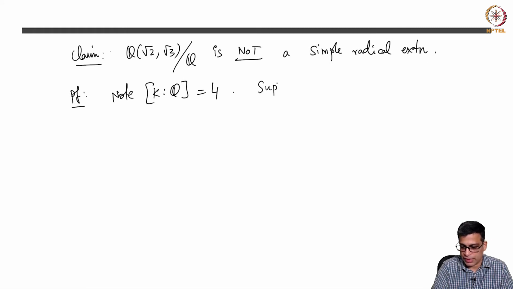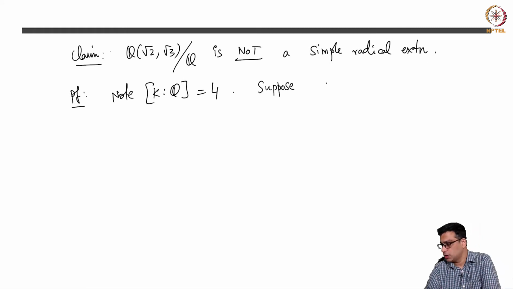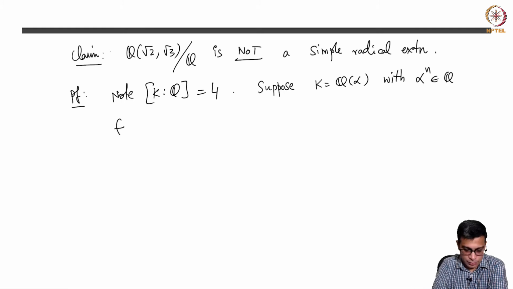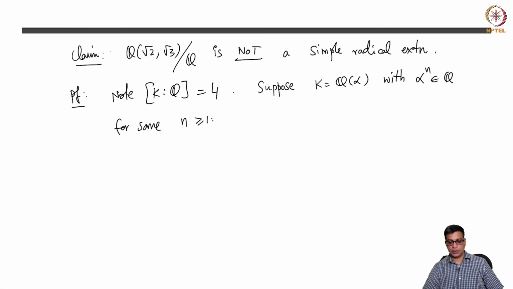So suppose it is a simple radical extension. Suppose K is Q(alpha) with alpha^n in Q for some positive integer n. Okay, so I am assuming the contrary. Suppose it is a simple radical extension, that means K is generated by Q(alpha) with a power of alpha landing in Q. So first note that